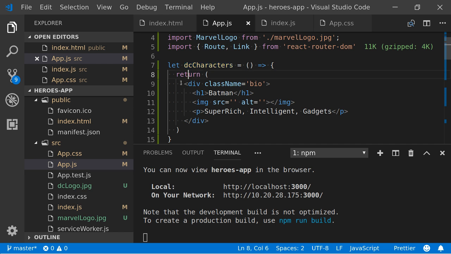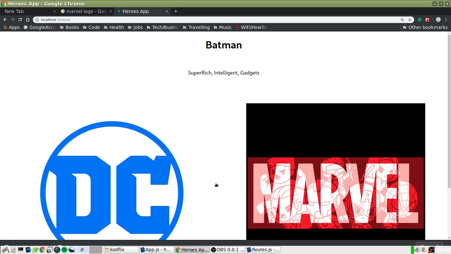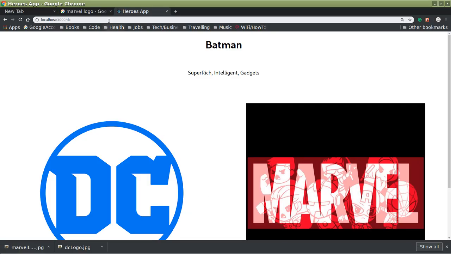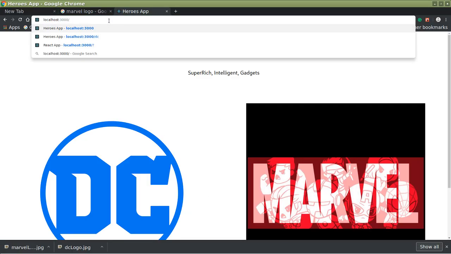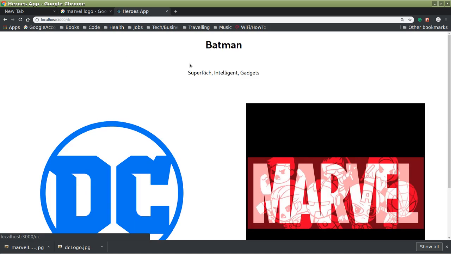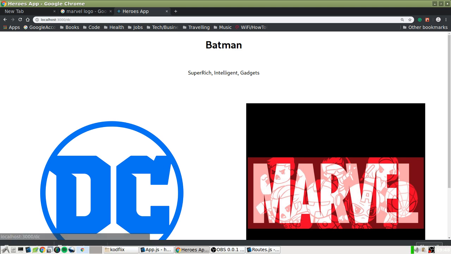And it's returning our JSX segment there. Yeah. So when I go to my Heroes app, at the moment it's rendering Batman at the top, and it's rendering my main app component below it. So it's probably not what we wanted.